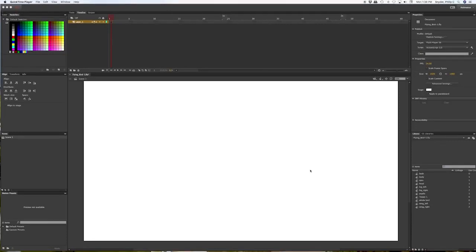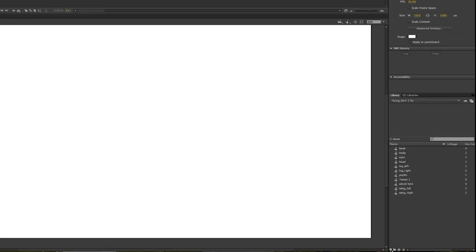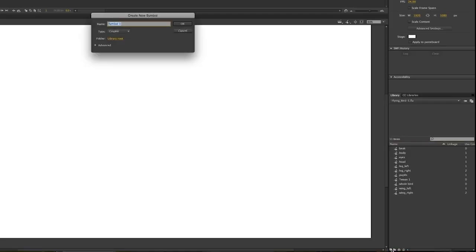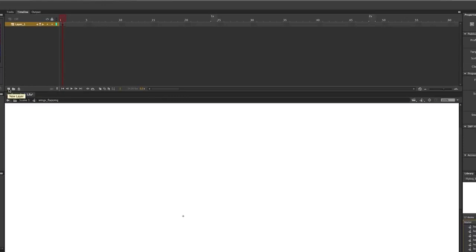Now we're going to create a new symbol and we're going to animate those wings inside that symbol. So go down here into the library, create a new symbol, and that'll be wings underscore flapping. Now we'll need 2 layers for this because we're going to do a motion tween, and you can only have 1 motion tween per layer. So each of these layers will have a wing on it. We'll call layer 1 wing left, and layer 2 we'll rename as wing